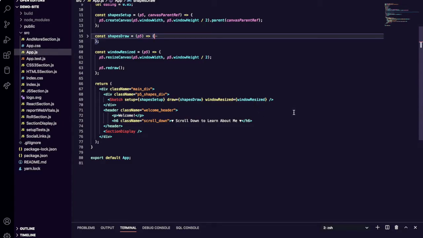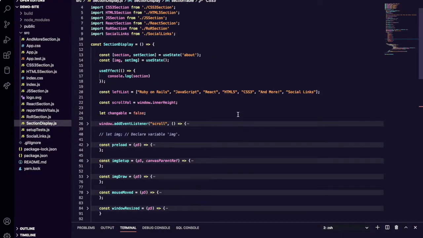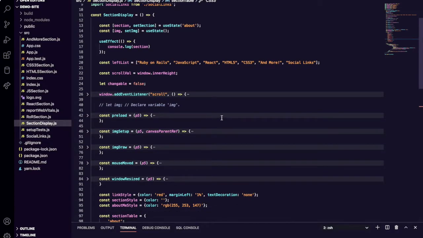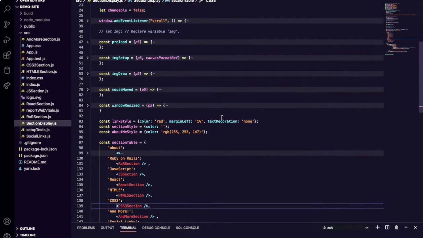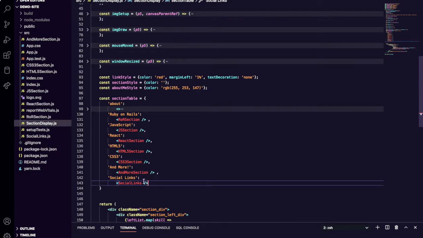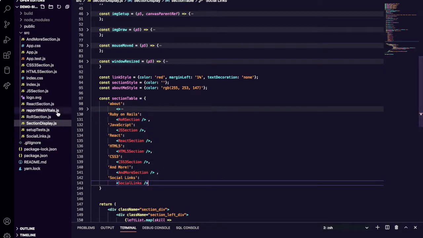This is actually with P5 React. You can also just use P5 in JavaScript. And then I've got this section display down here. If you watched my hooks video, you will see that I used a really similar pattern in my personal website to what I demoed in that video. Basically I've got this hash lookup table with all these different sections that you can display. They're different components,